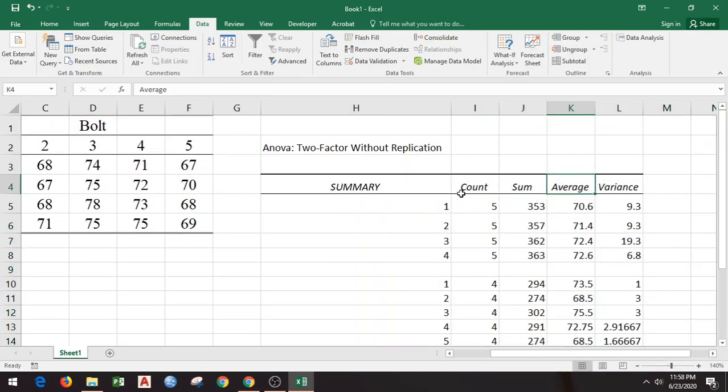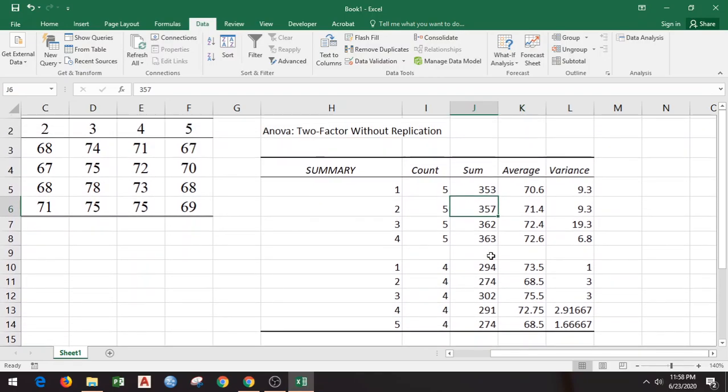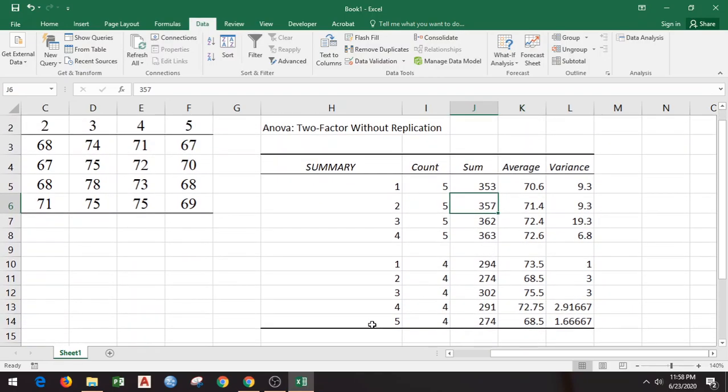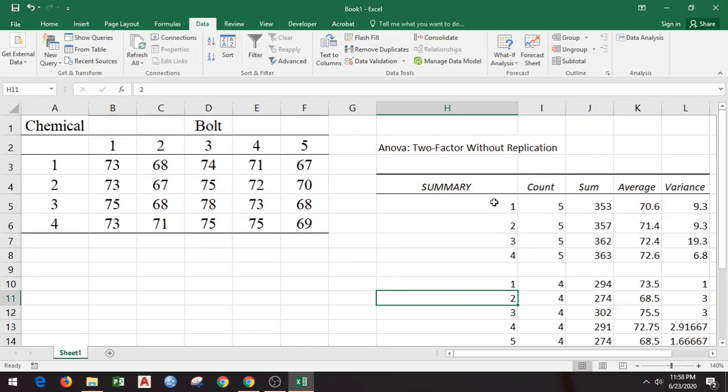So first you will see that some summary statistics is provided in the first table. Summary statistics for all the 4 chemical agents.